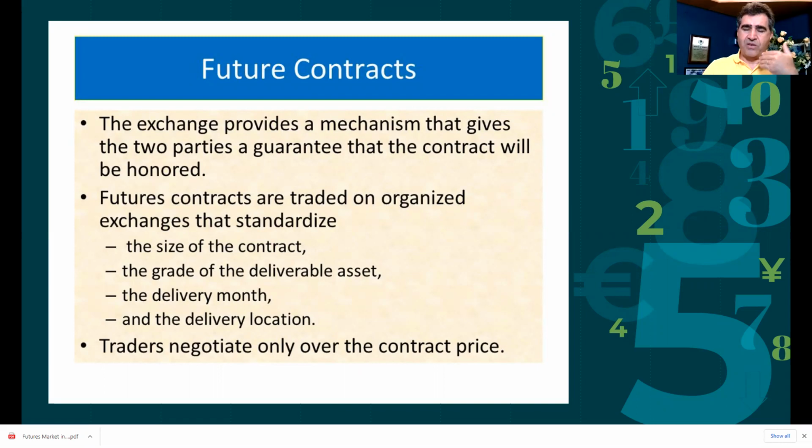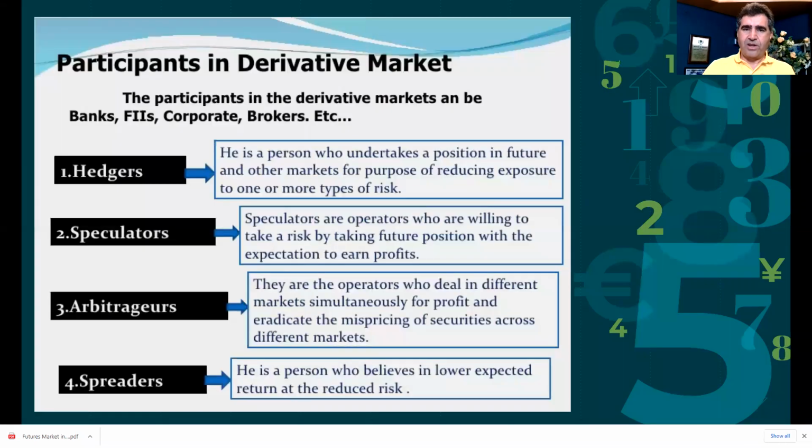In that, everybody knows the size of the contract. They know what kind of assets have to be delivered, in what month, and where, if it's going to be physically delivered. A lot of times, obviously, there's no delivery, and we will discuss the players and how everybody's involved. And then basically what the traders do is negotiate the price depending on the markets. And it's always supply and demand that creates that. And that's how the futures contract is created. And you can see already there's a difference between this and the other assets.